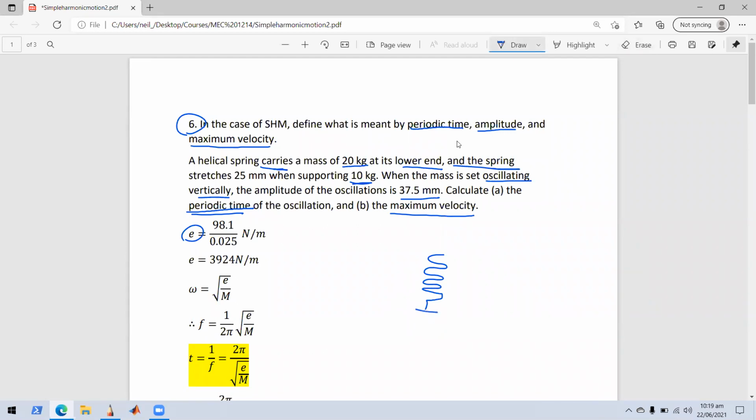They put on 10 kgs, and in the book, they had a ruler or whatever, and they were measuring, and they said, okay, 0.025 meters or 25 millimeters change. Delta X, change in length. That's how much it stretches. Good. Now, they did this so that they could get some value for stiffness of the spring, which will help